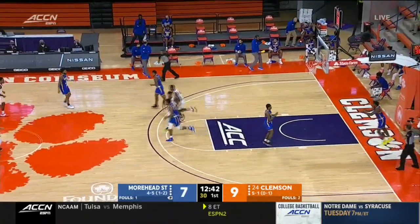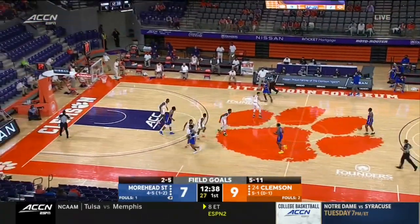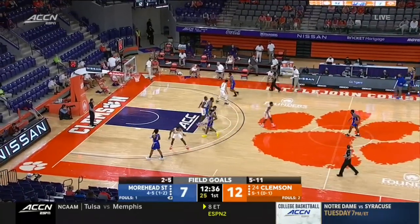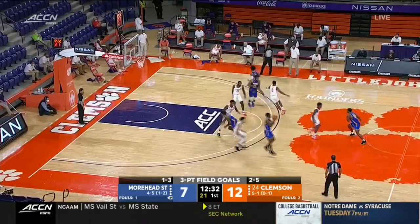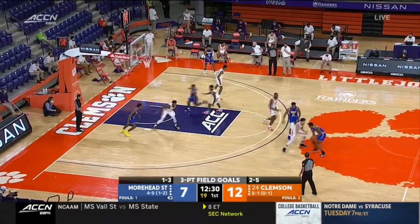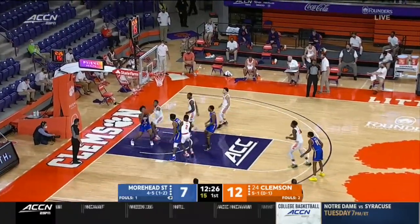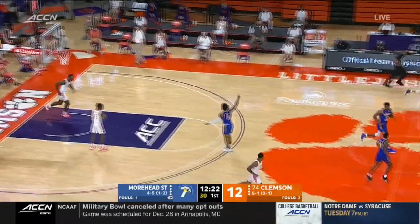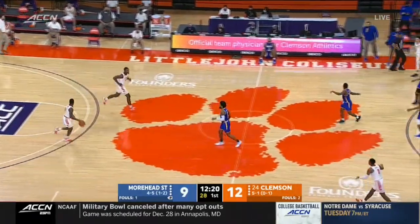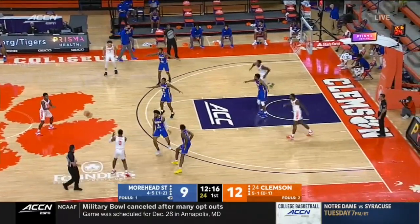Three-pointer from straight away, Al-Amir Dawes. Brad Brownell told us as this season progresses, he'd like to play both P.J. Hall and Aamir Simms together. Nice move down low. It's Potter again, the Wright State transfer. I think he's going to have to play Hall and Simms together, especially when they go against the bigger teams